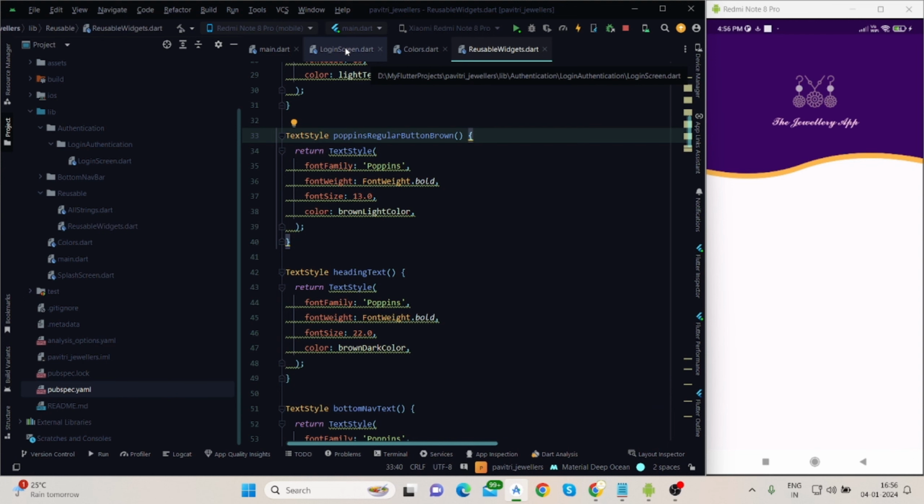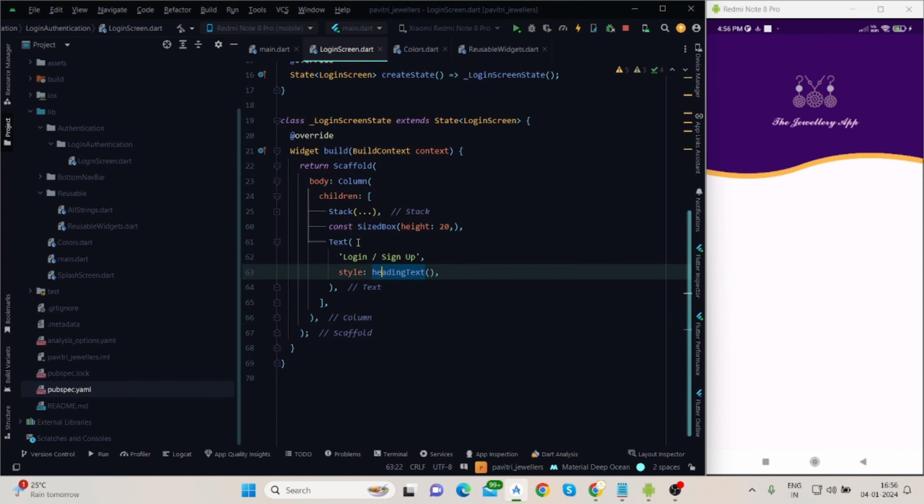So I will put the code on GitHub. You can check the link in the description box. So this one is login and sign up,